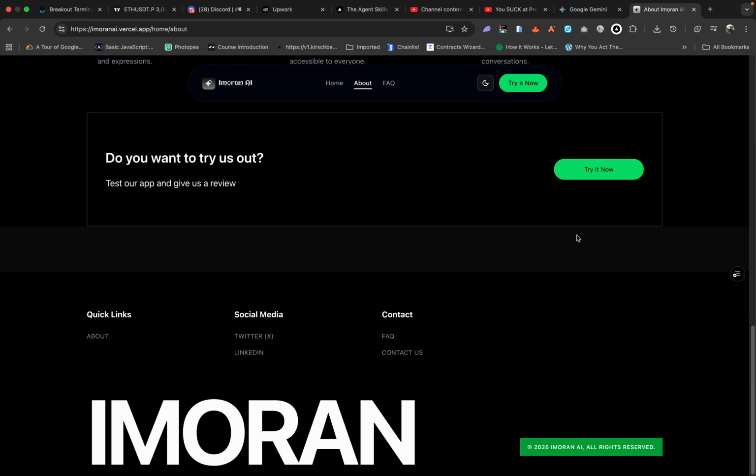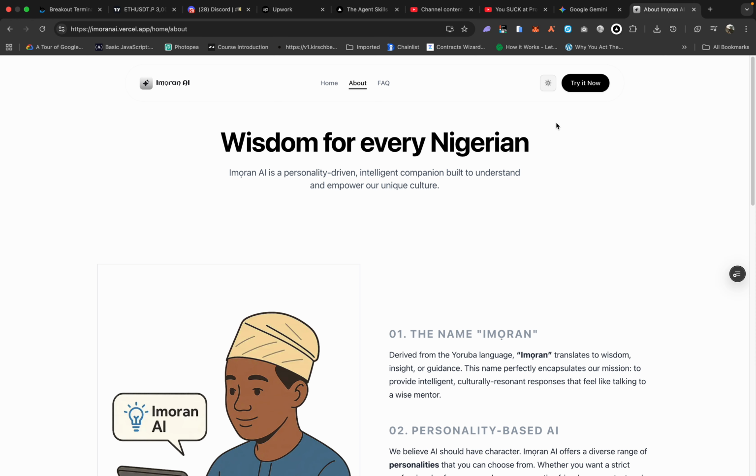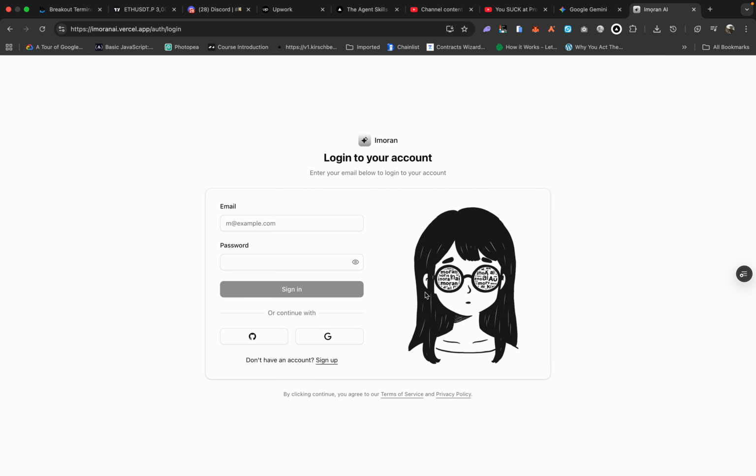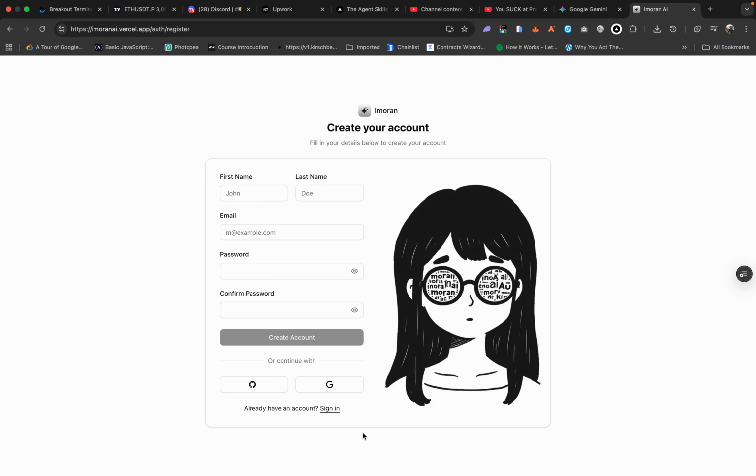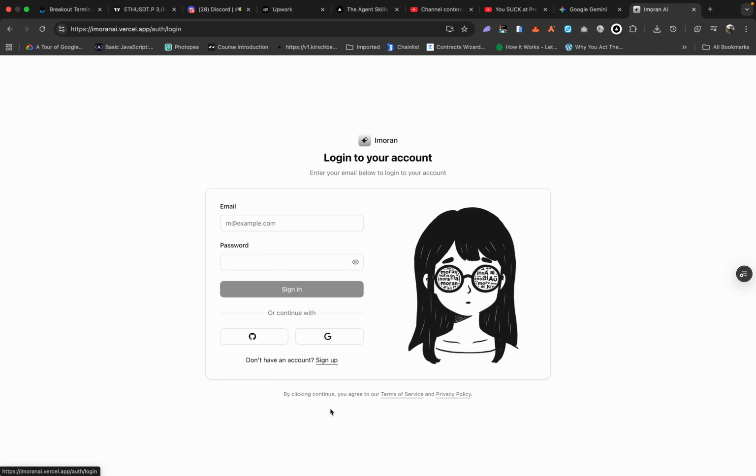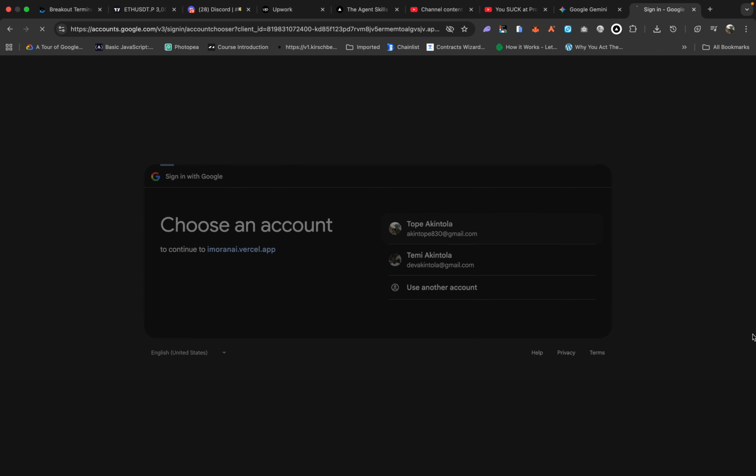All right. It's available in light and dark mode. So we're just going to try it out now. We have a simple login. You can sign up here, or you can create an account with GitHub or Google. Currently, I just feel like Google is the best. I'll remove GitHub, but a lot of people said they want it, so I left it there. So I'm just going to log in. I already have an account with Google, so I'm just going to log into that account.